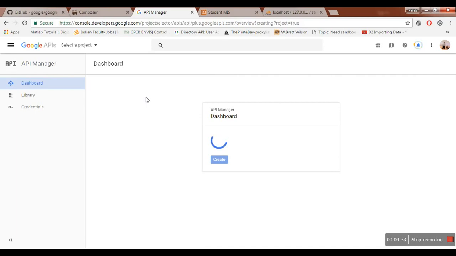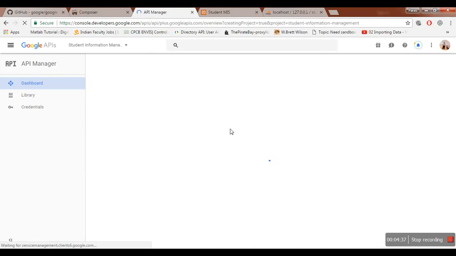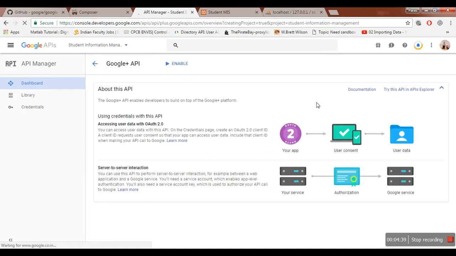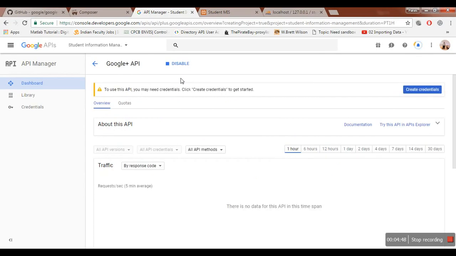So this is creating the project that I named. Now, as soon as I'm done with this, I can enable this API. I'll just click here, and it will be enabled. Yeah, it's done.